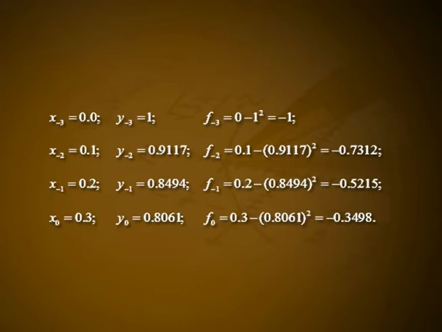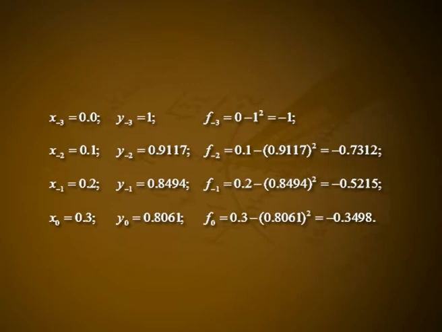Hence, the starting values of Adams-Bashforth's formula are x₋₃ = 0.0, y₋₃ = 1, f₋₃ = 0 − 1², that is equal to −1; x₋₂ = 0.1, y₋₂ = 0.9117, f₋₂ = 0.1 − 0.9117², that is equal to −0.7312;